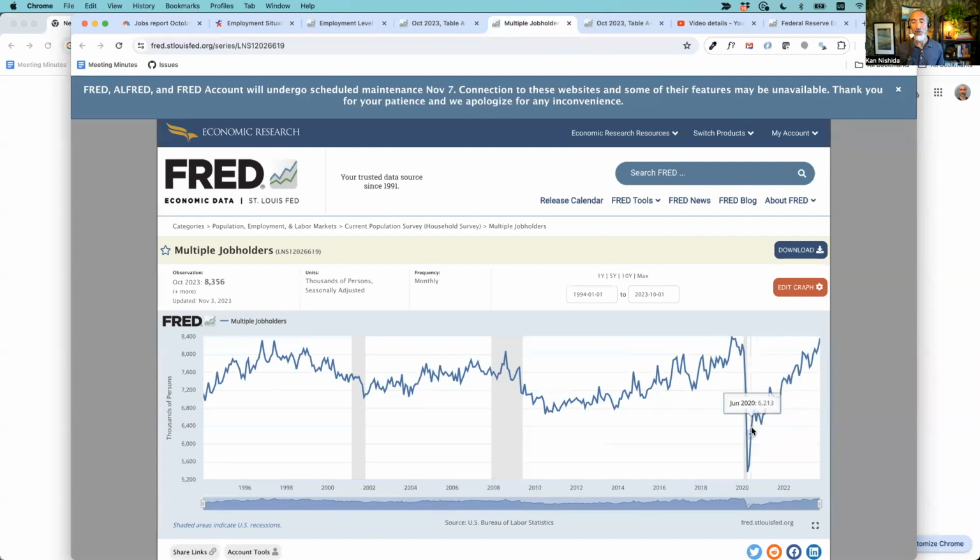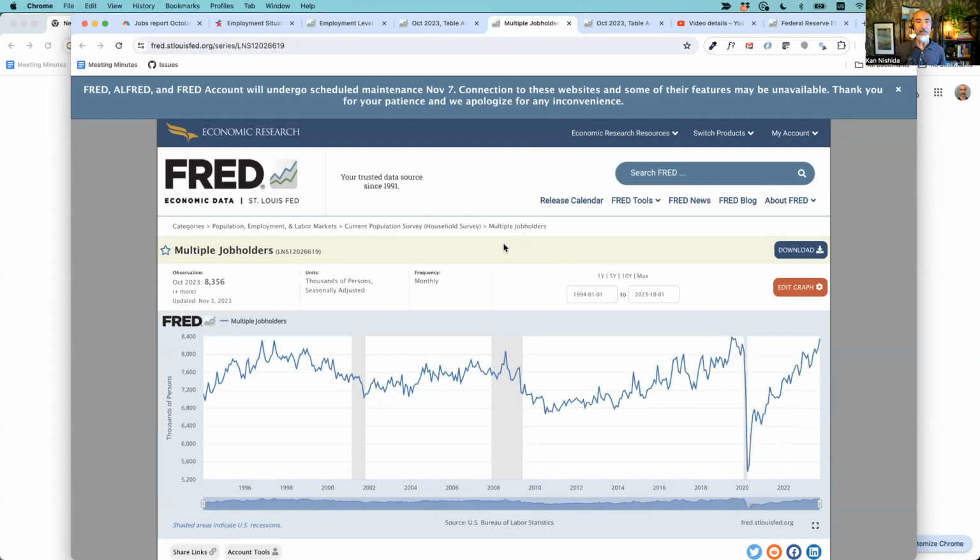So why are multiple job holders increasing? First, jobs are kind of coming back to normal. But after that, the inflation is going on. If you happen to be a person who lives month to month, using all the money you earned the previous month, and next month you get the exact same salary but have to spend more because of gas, electricity and all that, then you need an extra job just to pay the rent. I think that kind of situation is going on in America. So that's why, in this case, we need to pay more attention to the unemployment rate.